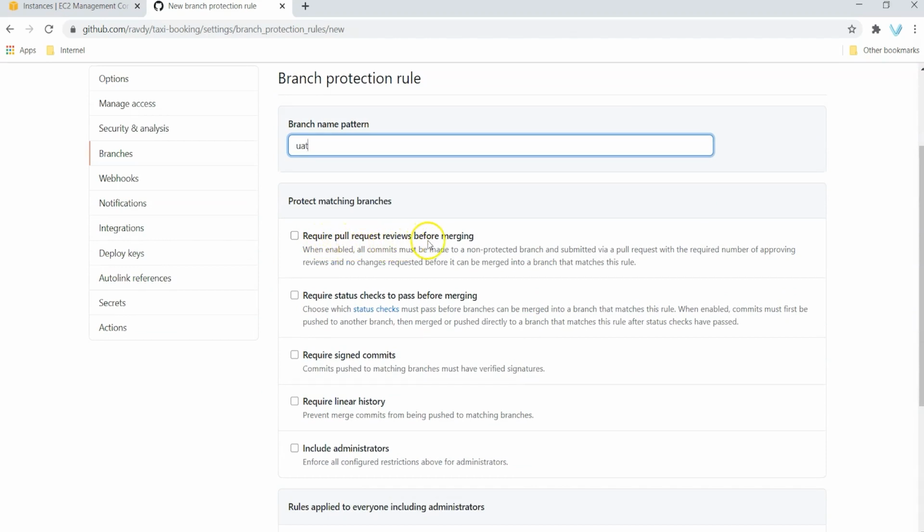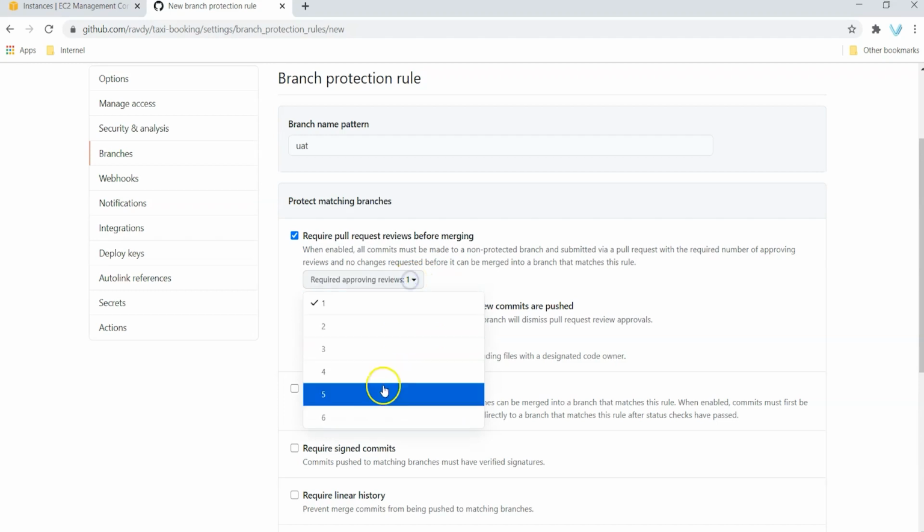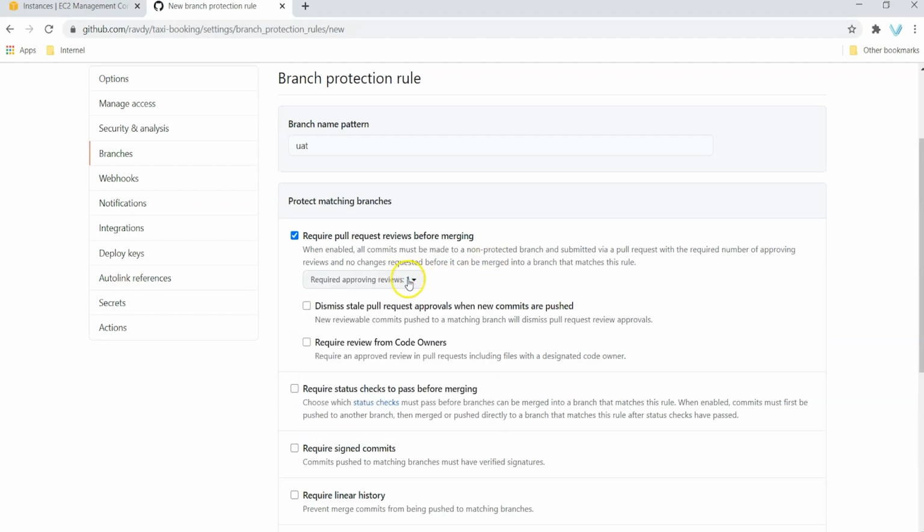Require pull request reviews before merging, which means that if somebody is trying to push their code or check in their code onto UAT branch, we should go with the pull request. And also it requires the reviews. So how many people have to review? I can specify one or two, up to six. In this case I'm going to specify only one reviewer is fine to check in the code onto the